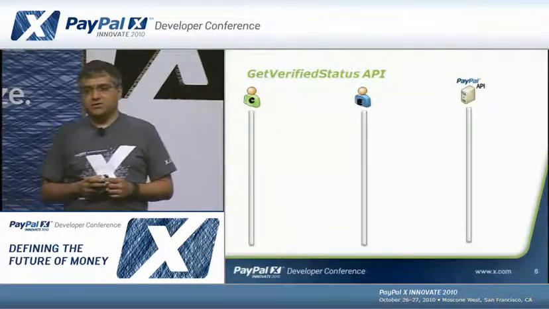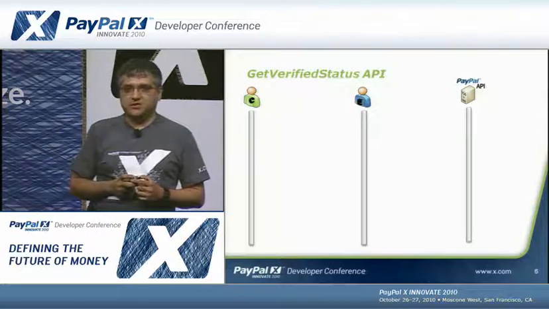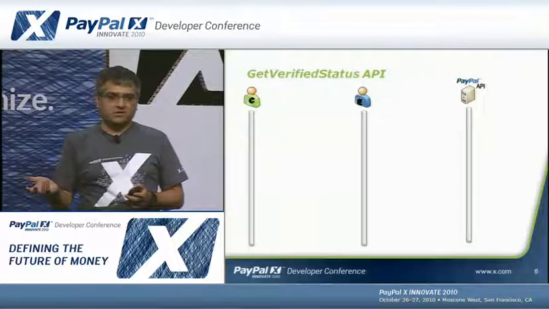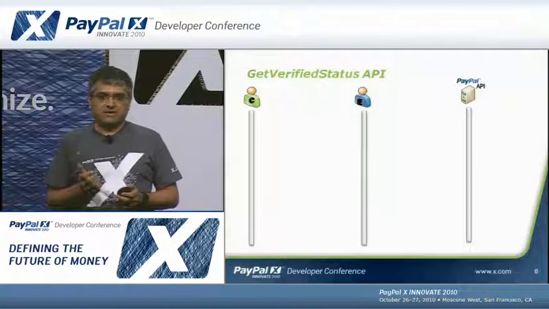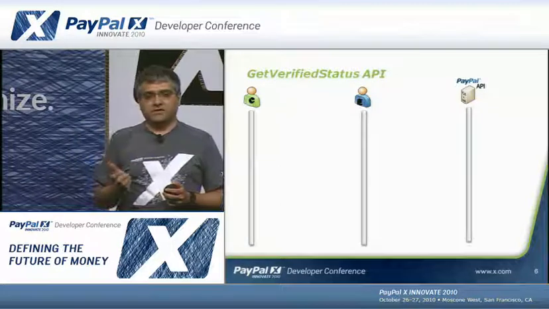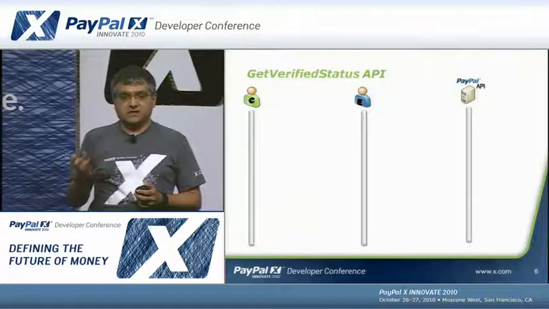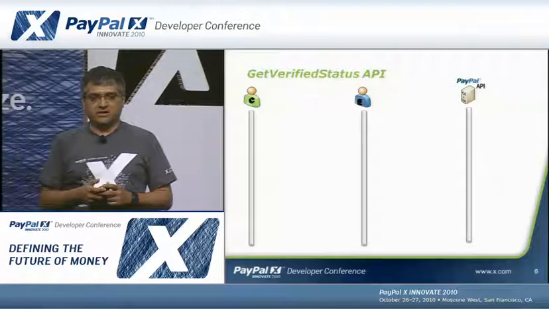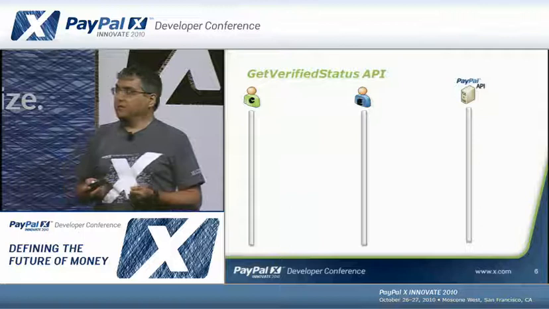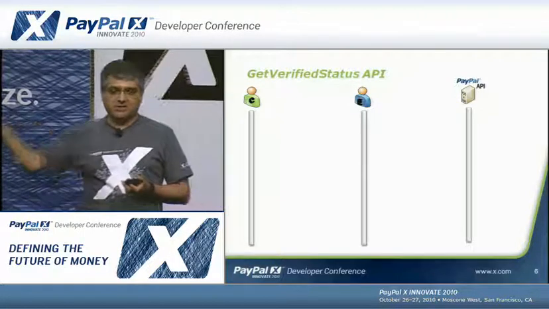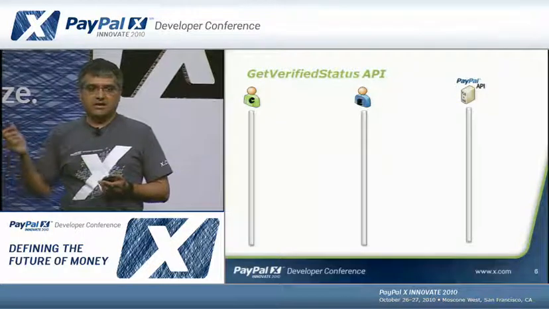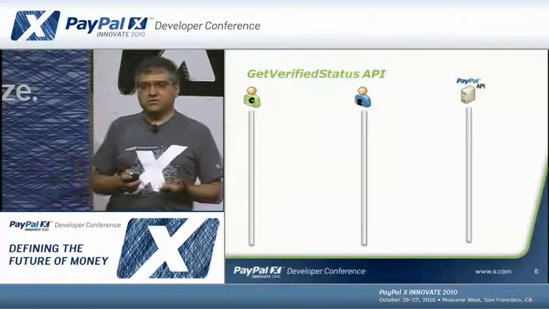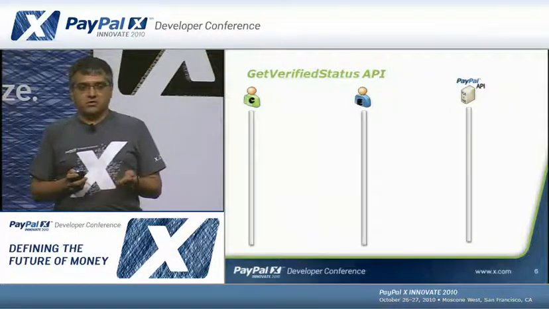Next, I'm going to talk about the Get Verified Status API. As Harun mentioned, the use case for this API is to enable you, before a transaction, to make this call and to verify that the PayPal customer you're dealing with actually has a verified PayPal account. You get fraud protection and better seller protection if you deal with verified customers. So you make this call, and the players here are pretty simple. You have the API caller on the leftmost side, you have the end user, and you have the PayPal API endpoint.